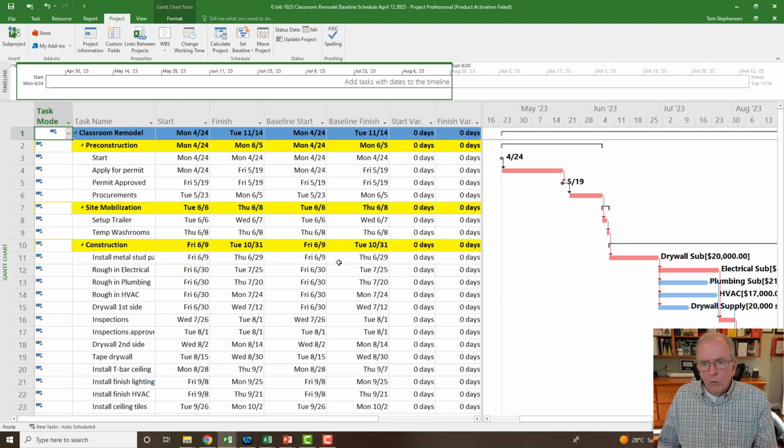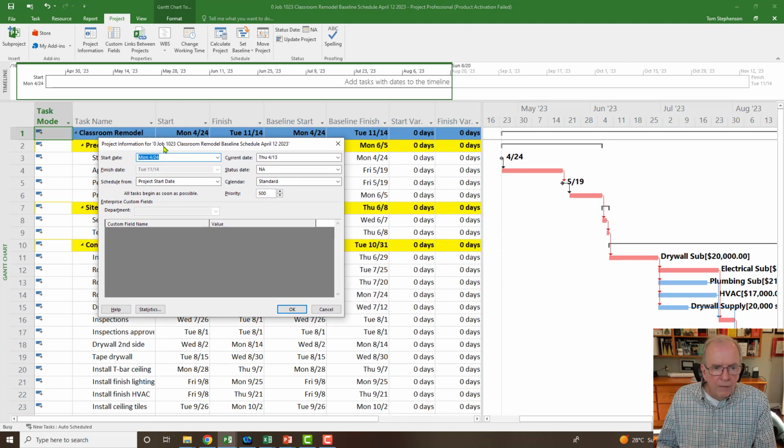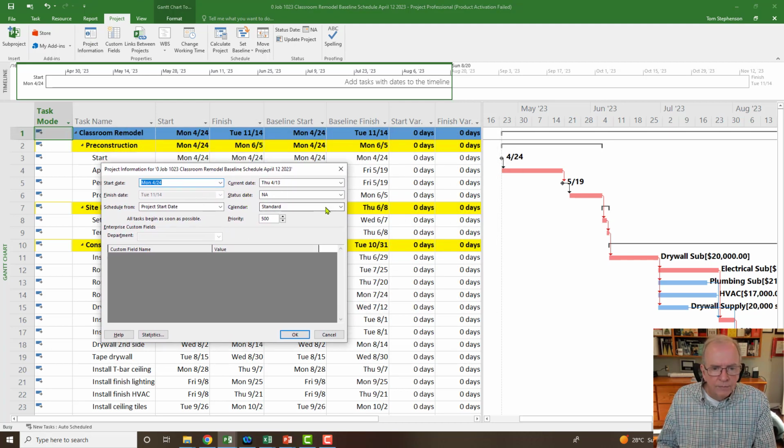Okay, so now let's say that I want to update this for maybe a month has gone by in this project, right? So maybe a month has gone by in this project, and this project's starting April 24th. So let's pretend a month's gone by. So I'm going to go to project tab. I'm going to go project information, and I'm going to go to where it says status date here. And so we're saying that it started on April 24th. And so I'm going to